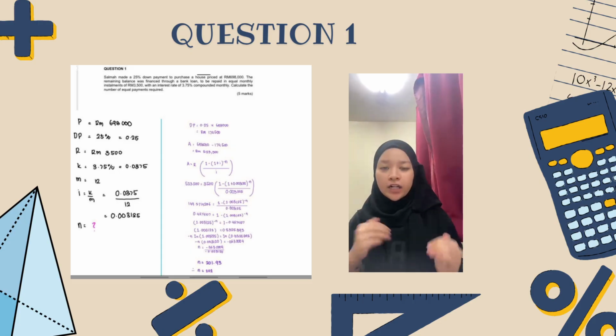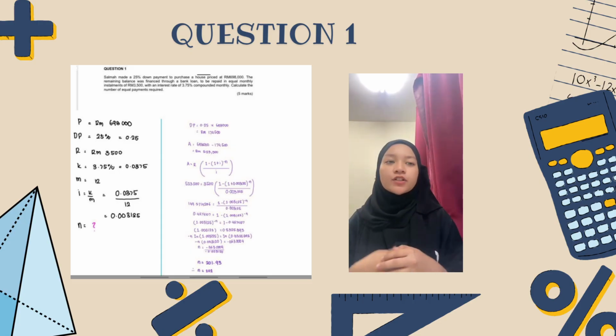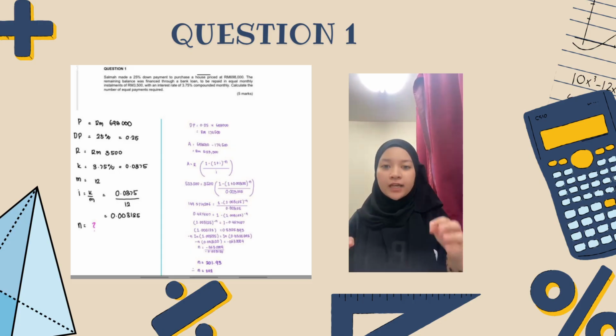How do we get that? Is by the calculation before this. And after that, we're going to do negative n. We're going to apply a ln, the big I and n. You have to use your calculator for this. And after you press the ln, open bracket, 1.03125, close bracket, equals to ln, open bracket, 0.5325893,